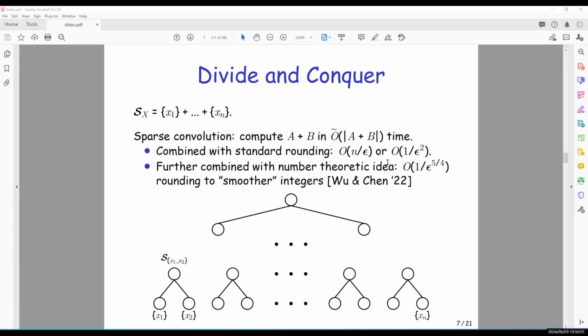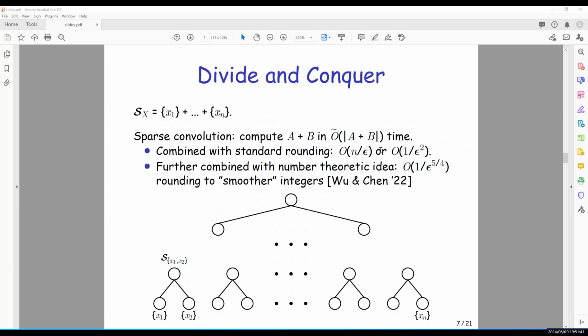So now we can see that the overall running time of this divide and conquer framework equals the time of computing all subsets. And the best known algorithm for computing the subset of A and B is linear in the input size plus the output size. Because throughout this talk we shall always assume the output size is larger, we simply stick to the output size. So if we just naively apply this sparse convolution algorithm combined with a straightforward rounding, then the overall running time would be n over epsilon or 1 over epsilon squared,